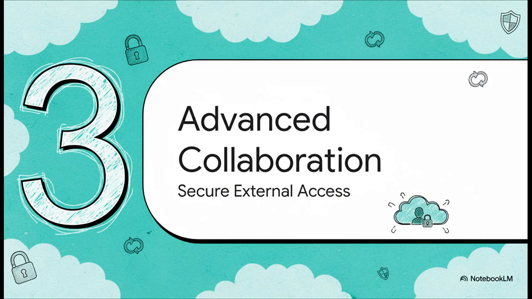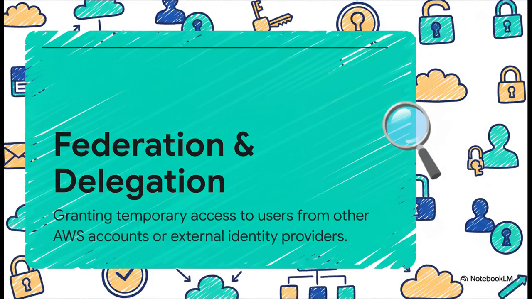So far, we've really been focused on security inside your own account. But what happens when you need to collaborate with other people? This next level of IAM is all about how you grant access to users and services that live outside your digital walls, without, of course, wrecking your security. The key ideas here are federation and delegation. The best way to think about it is like giving a guest a temporary key card to your office. They can get into specific areas for a limited time, and they use their own company ID to do it. You never have to create a permanent employee badge for them.